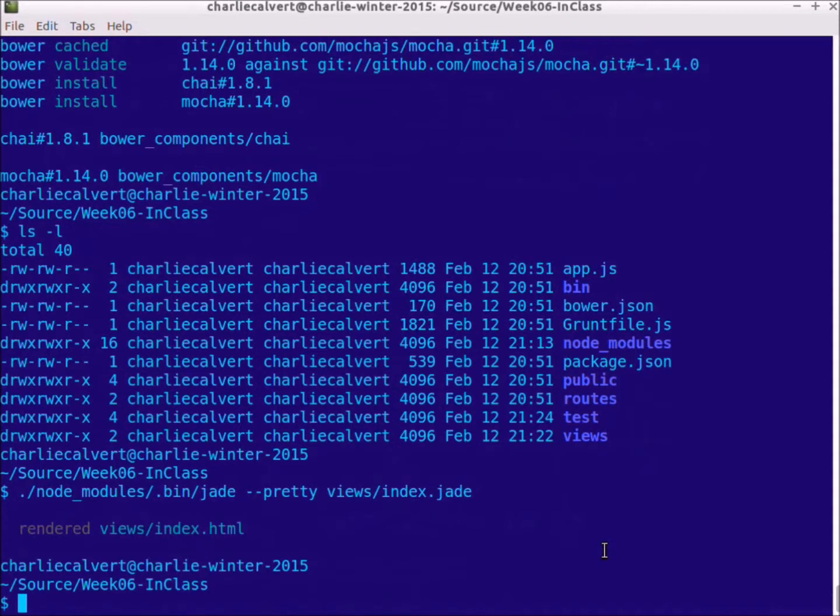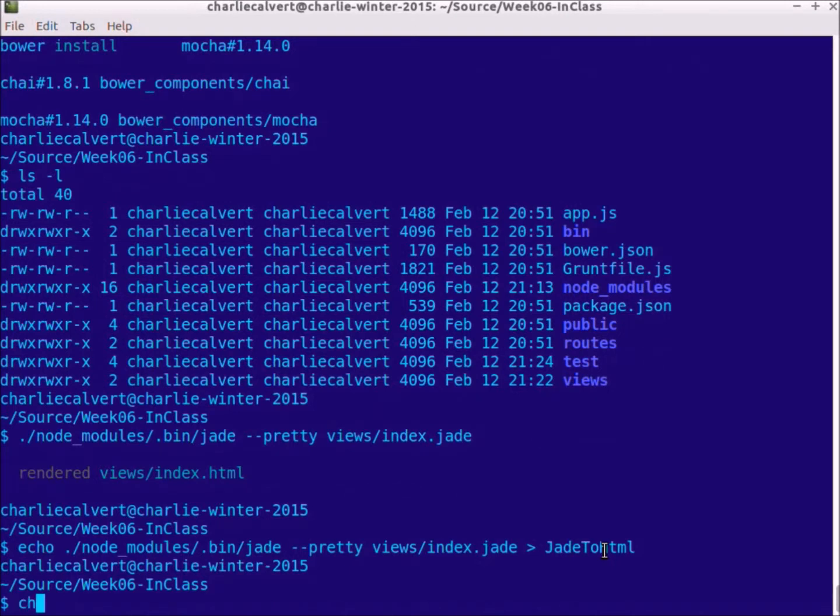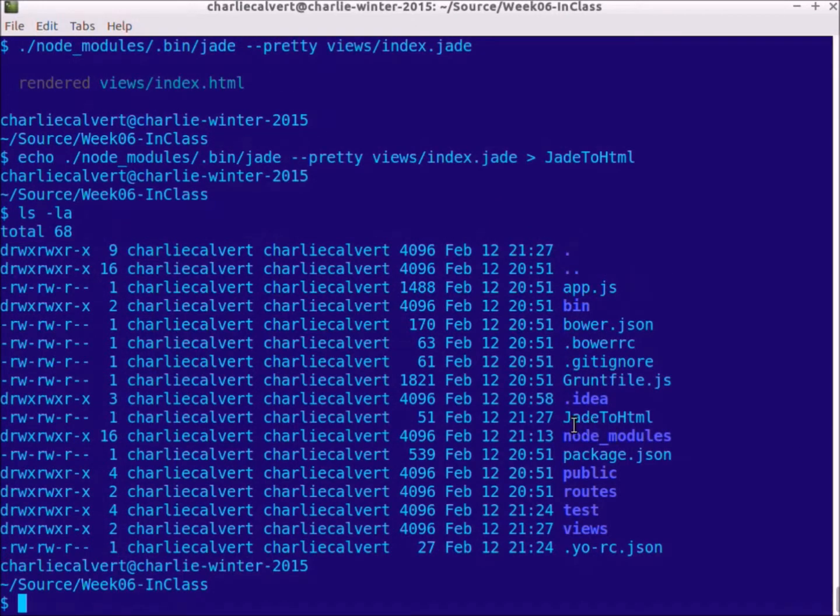So once you know you've got that code working, you might want to save it by echoing it into a shell file with a name like Jade2HTML. And then you want to do chmod +x on it. Well, let me show you why we're doing it. ls -la. Here's Jade2HTML. You see it doesn't have executable permissions. You can't execute Jade2HTML. So we're going to do chmod +x,